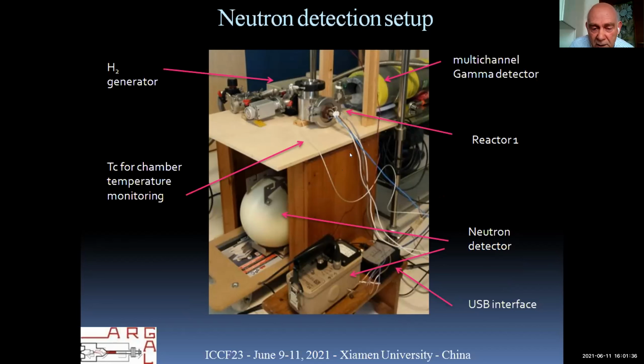I never saw any gamma emission moving from the background. This is a multi-channel gamma detector that is inside a lead screen to avoid increasing the background due to the cosmic radiation. So here we have the aperture just directed to the reactor to monitor